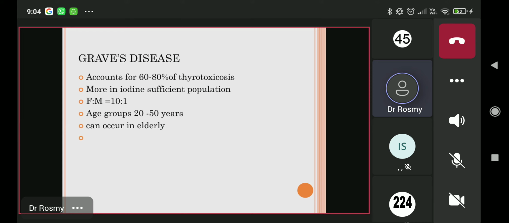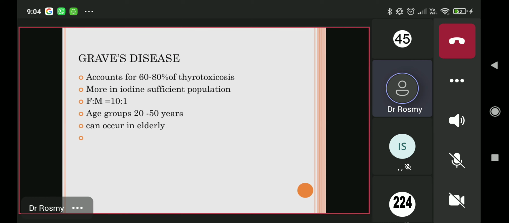With this itself, we should understand that this is also an autoimmune disease. Autoimmune Hashi was also an autoimmune disease, but both had a female preponderance. So as and when you keep reading Robbins and when you come to the clinical side, you will find that autoimmune conditions are generally more common in the female gender.